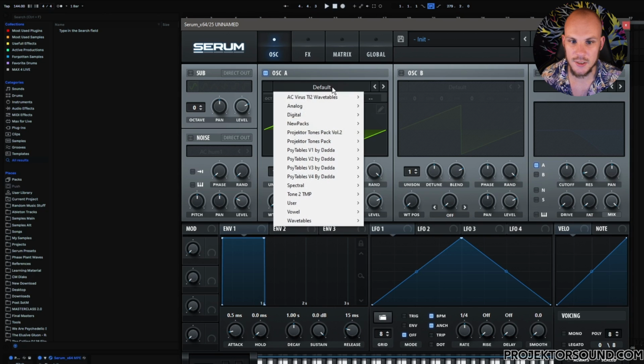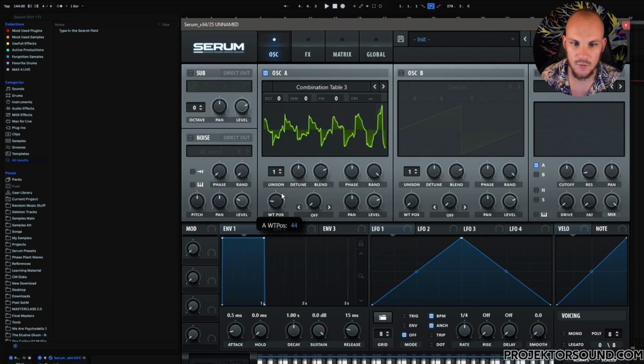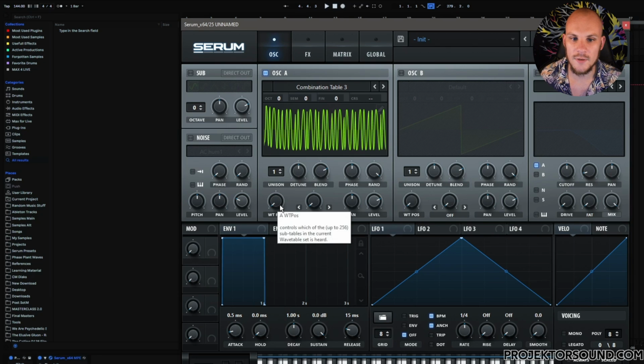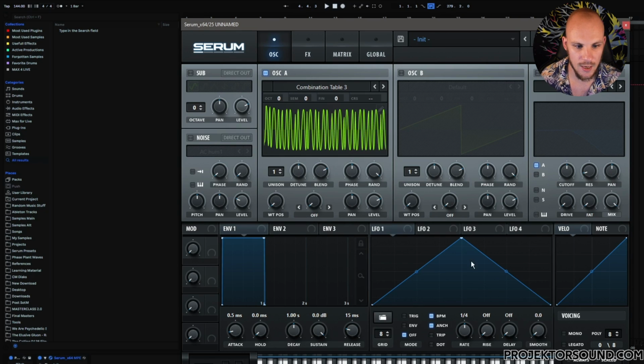The technique that I want to show you involves the combination tables that you will find within the tones pack. These are the tables that contain all of the different tones inside here. You can see there's 256 of them, and they're all one frame at a time. Now obviously, these being individual cycles, individual tones, it's not meant to be morphed between, but the cool thing that you can do in order to create your grid synths or really any kind of sequence is to, for example,